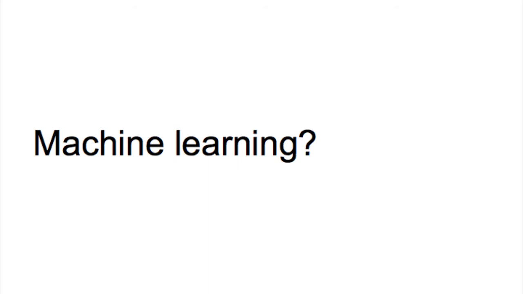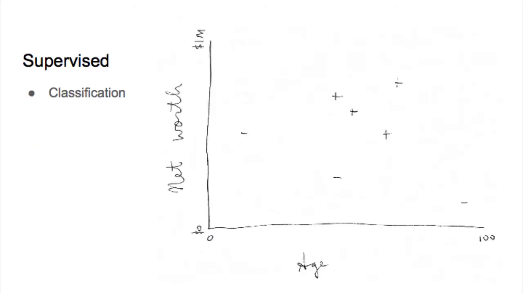So what is machine learning? There are a few different things that comprise it, and I'm going to talk about a subset of it today. There are a few kinds of algorithms broken into a lot of different categories. This is good enough for the day. There's a type of algorithm called a supervised algorithm in which you are basically feeding training data into a computer, and that training data has a number of features that are like input values and then a number of output variables. And so here on this graph, what you see is that the x-axis is age and the y-axis is